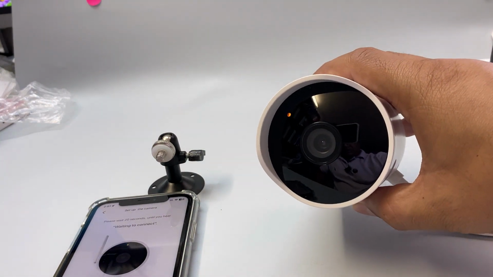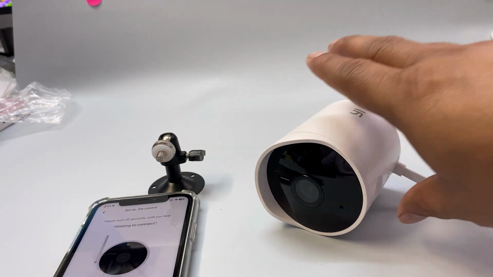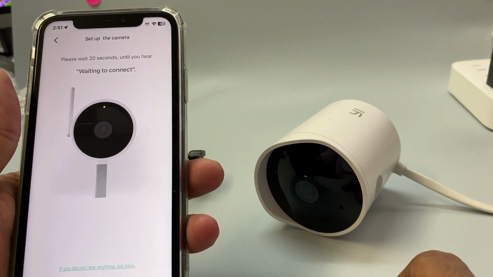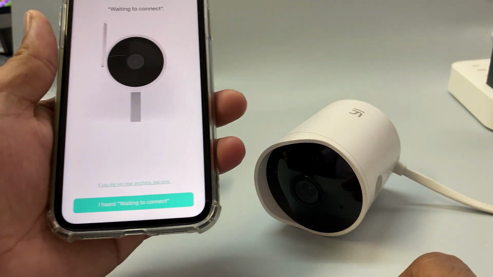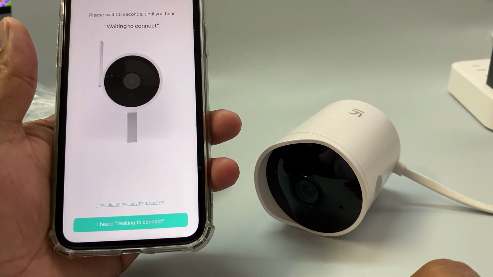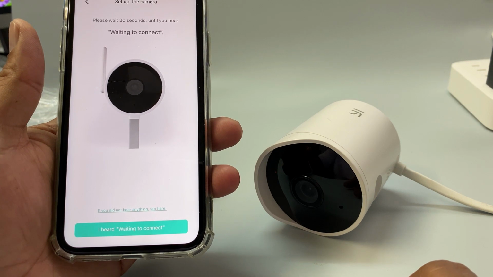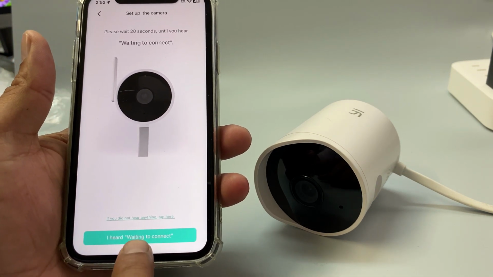It got the light, a yellow light. Now it will say waiting to connect. Welcome to Cam. Yeah, I heard waiting to connect, so click